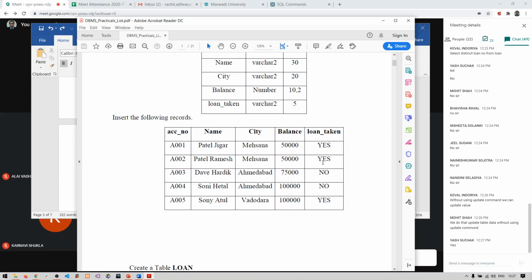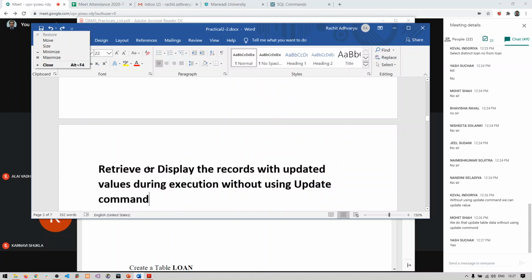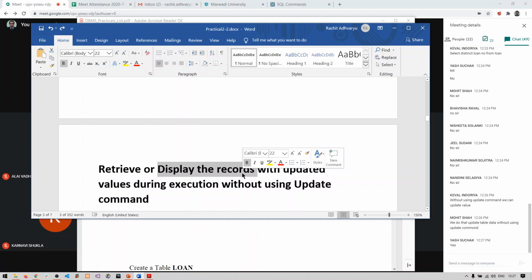Fine. What this statement actually means is retrieve or display the records. So what do we want to do? We have to display the records. We are not going to update any records, but we are going to display the records with the updated values during execution.